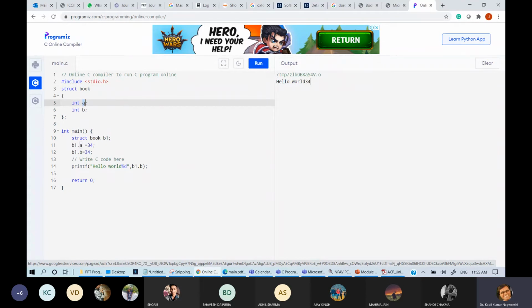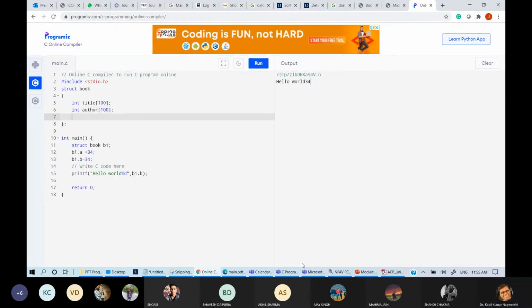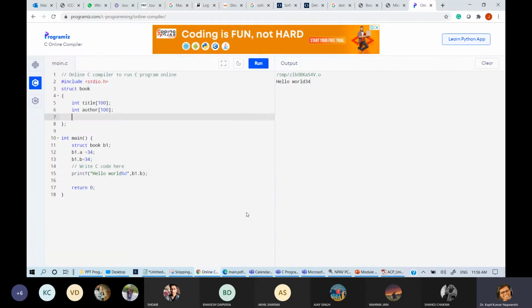So what is our first thing? First thing is title, the title of the book. It must contain 100 size, and then author, the author of the book, is also 100 size. Then the next fields are pages and price.